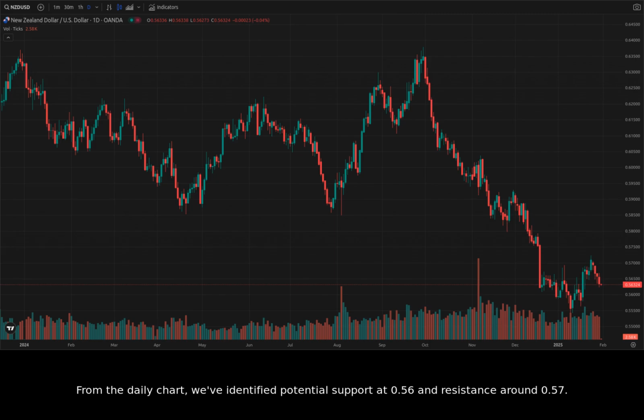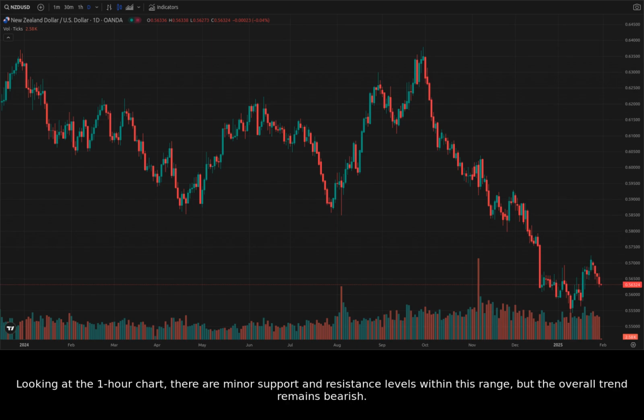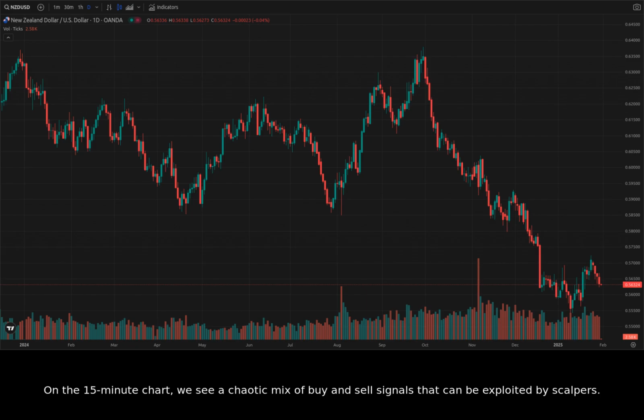From the daily chart, we've identified potential support at 0.56 and resistance around 0.57. Looking at the 1-hour chart, there are minor support and resistance levels within this range, but the overall trend remains bearish. On the 15-minute chart, we see a chaotic mix of buy and sell signals that can be exploited by